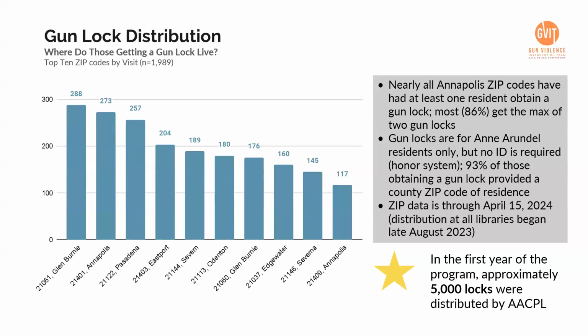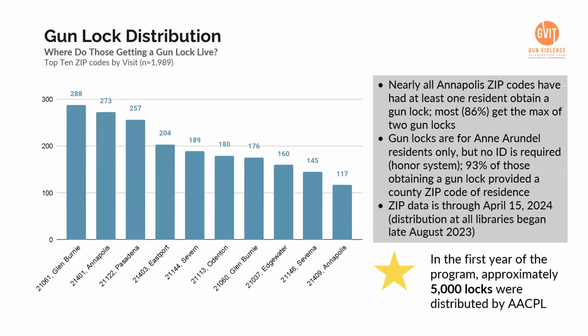So where are the gun locks going? As Gloria mentioned, for us as a health department, we're always tracking where we're seeing trends. What we didn't mention initially is that we decided on the branches to start this project in based on the data that we had around where we were seeing more gun violence incidents. Obviously, the pilot grew very quickly to all 16 branches, but it's helpful for us to know where residents reside that are coming to receive these gun locks.